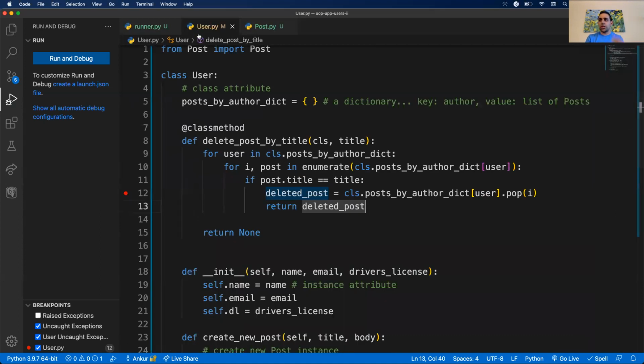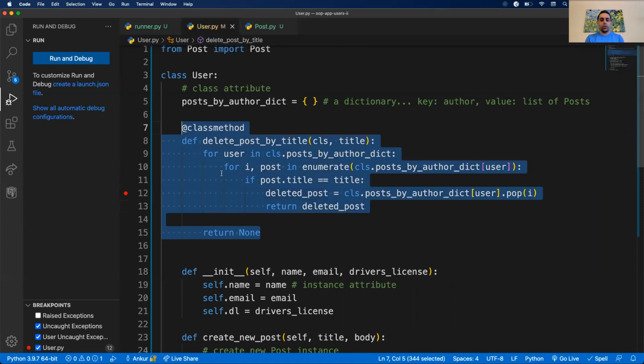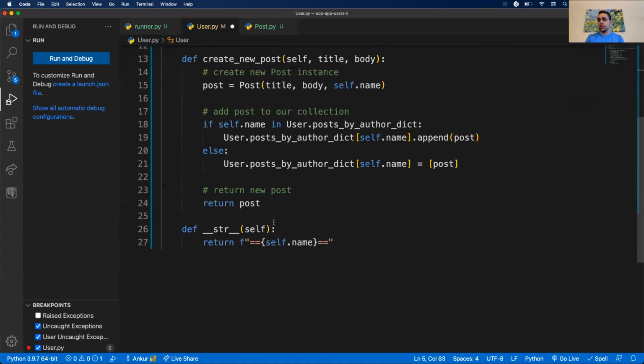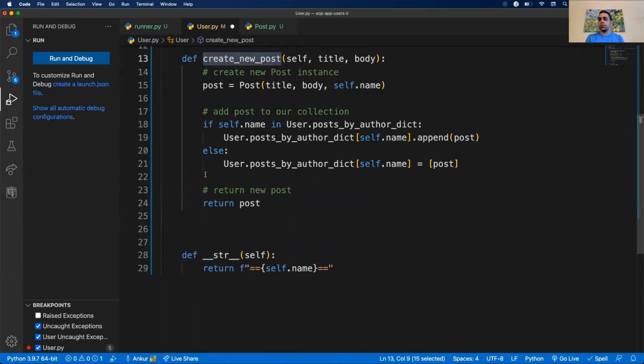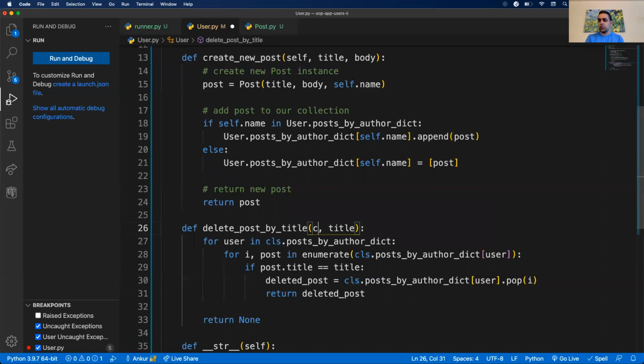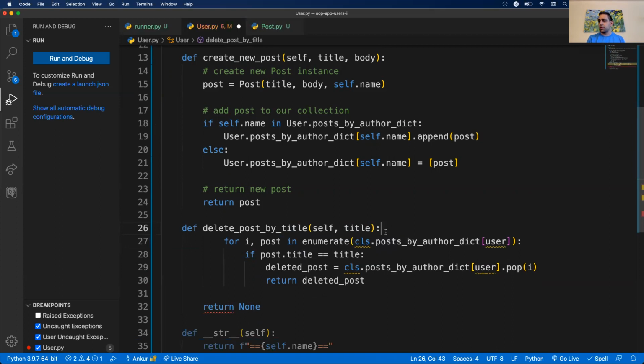All right, just to change this up a little bit. So I went with class method here. What if instead of doing that, I decided, well, we're only going to be deleting it through the user, as in, since we're creating a post through the user, we're going to have the same idea of deleting through the user. So instead, not going to make this a class method, this will be an instance method. So I'll take in the self and a title. Now this makes it a little easier for us because we know what the author is. So we don't have to iterate through the dictionary necessarily. We can simply go